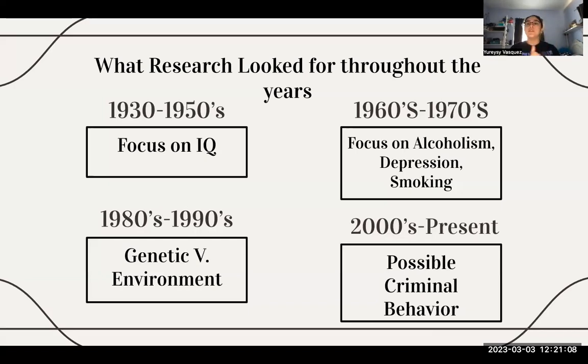But what's interesting is that it wasn't until the 2000s that the criminal justice field thought that if they could see the traits biologically from these studies, why can't they see a child that could possibly have criminal behavior due to their genetics, like their families? So let's say a family had a lot of criminal activity, behavior, and criminal offenses in their past, and it was brought down to a child. They're able to observe those traits, recognize those traits, and maybe stop the child from becoming a future felon